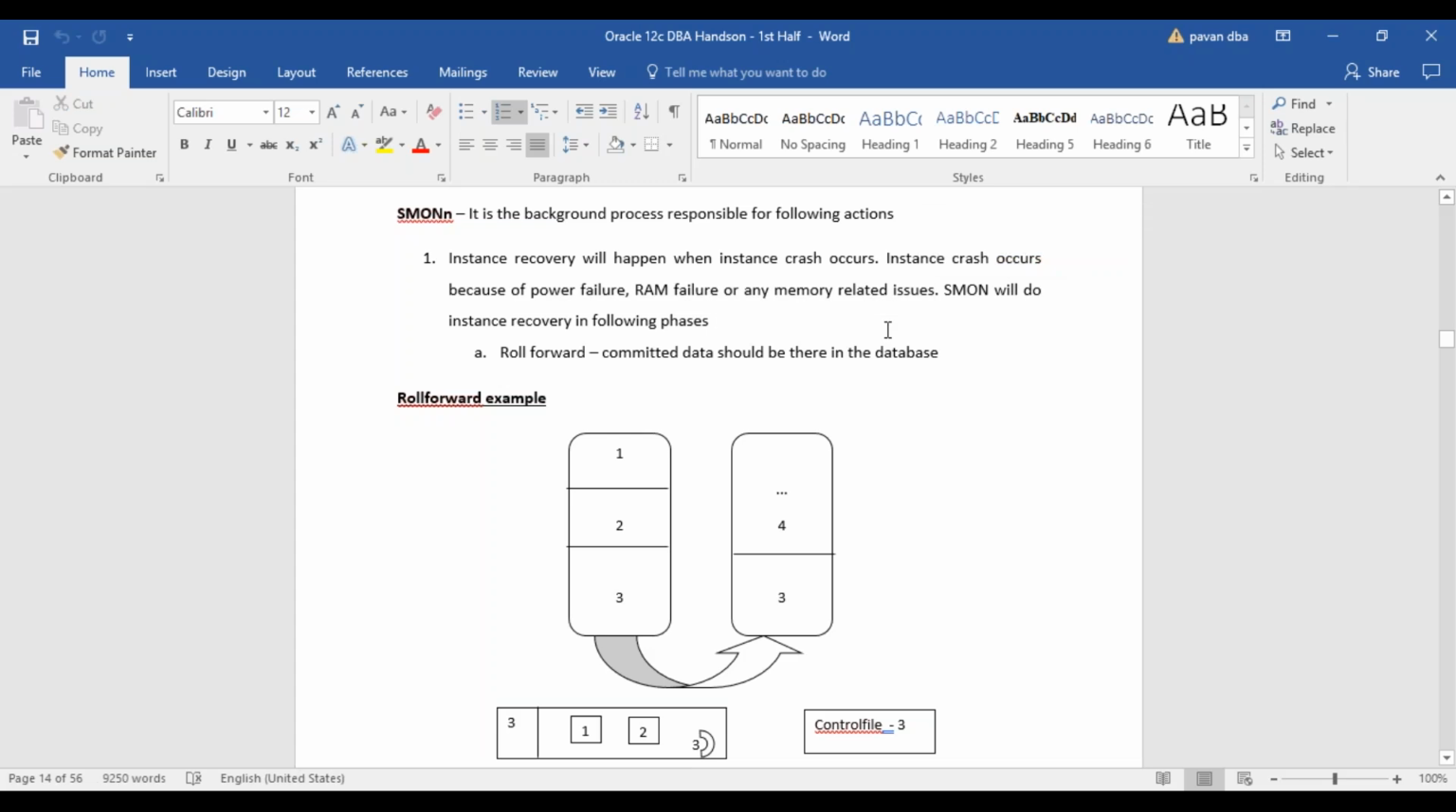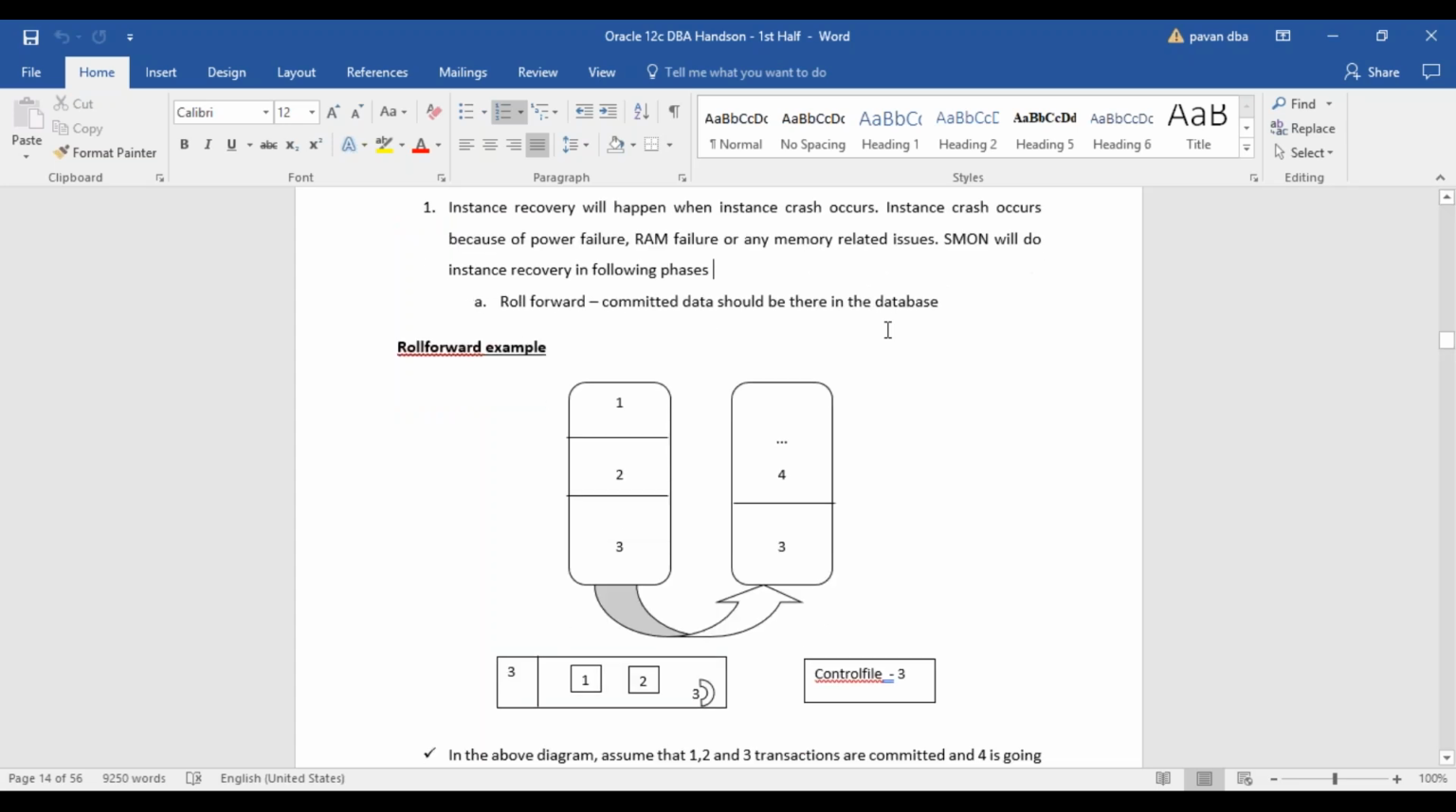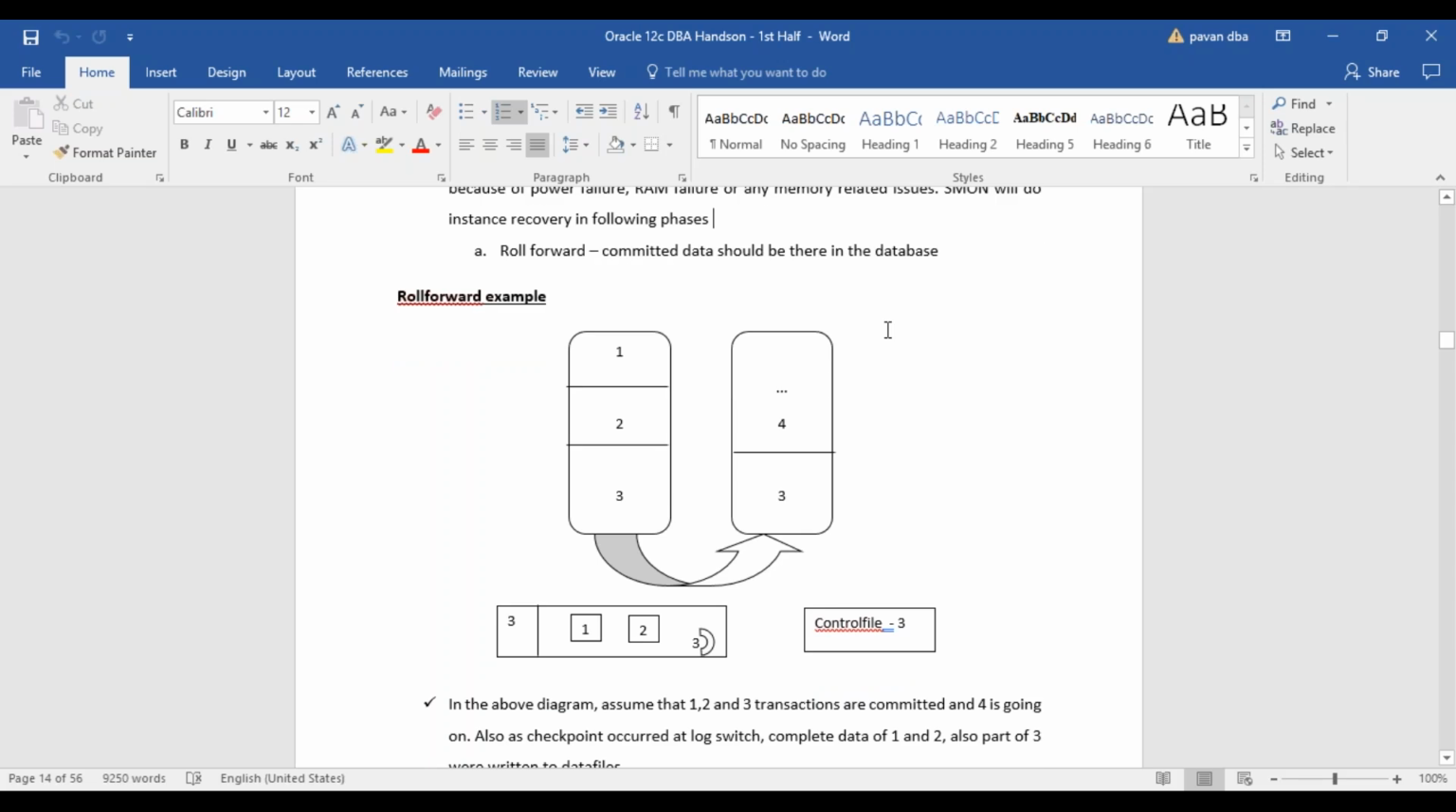When an instance crash happens, and you fix that and restart your database, then instance recovery will take place, and that will be handled by SMON itself. It will handle this instance recovery in two phases. One is called roll forward, and the second one is called roll back. We will try to understand with an example what roll forward and roll back mean. So roll forward means